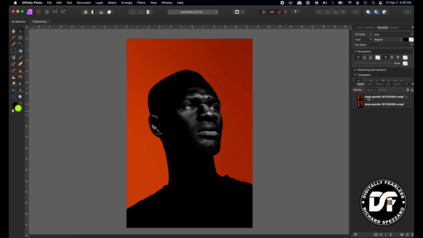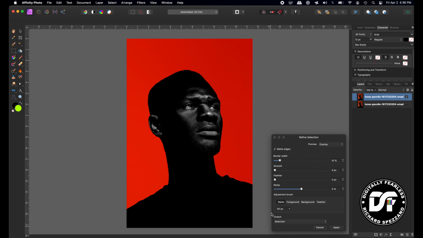Now let's take that top layer, let's go to the brush selection tool, and look how easy this selection is going to be. The contrast is unbelievable between the red and the guy's head. I purposely picked that to show you that sometimes you may even think that it's an easy selection, and it is, but you'll find things that are a little bit different. So the first thing I'm going to do with this selection, I'll hit refine,